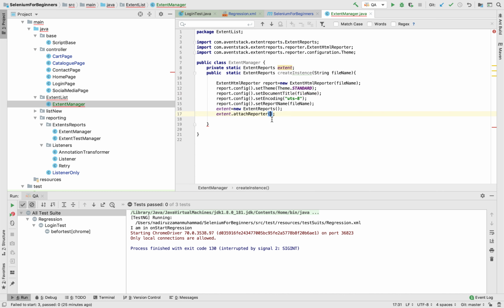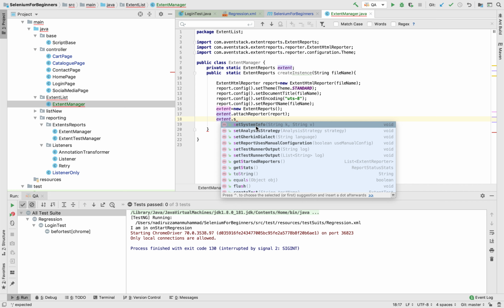So inside that reporter, okay, I want this report. So you create attach reporter. You want to watch this report, the next report has those configurations. Okay, so I import here. So now, what kind of name do you want to give? So you can say extent